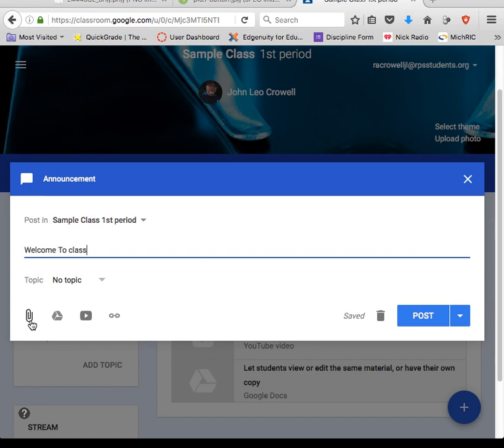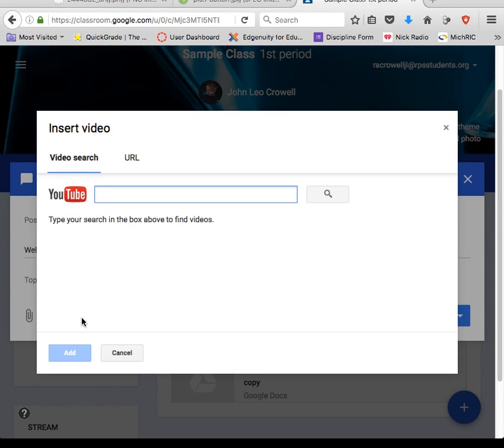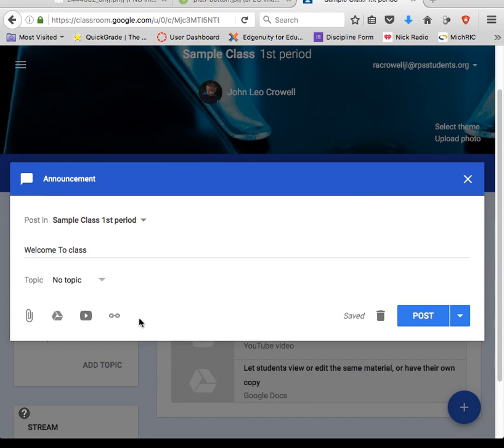And you can attach things to this. If you wanted to attach, say, a worksheet that you would like your students to look at, a PDF, this would come right from your computer. If you have something from Google Drive, you can click on here. It gives you access to your Drive. If you have a QuickTime video or a YouTube video, you can click on there, type in either the search or the URL to the actual video that you would like them to watch. And you can also provide different web links. At this point though, since this is an easy first time going through, let's just go ahead and hit post